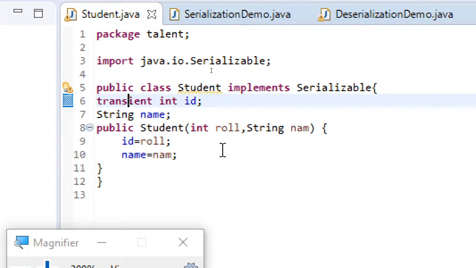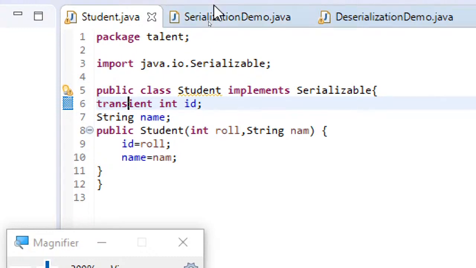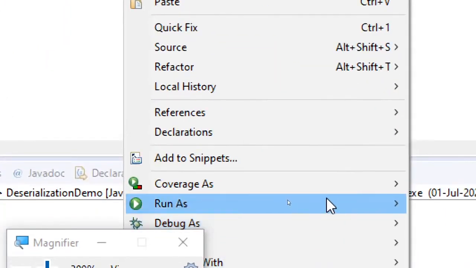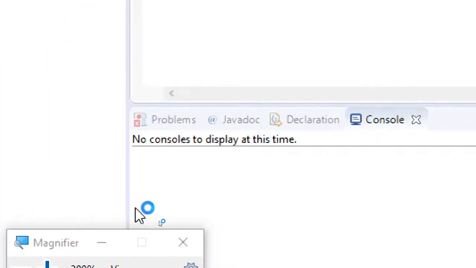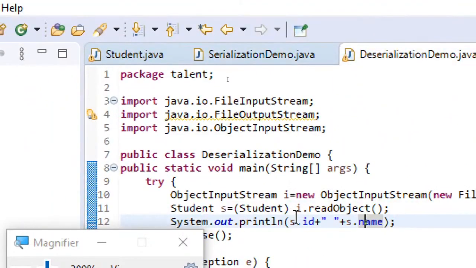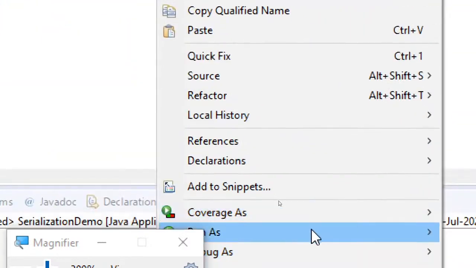The transient keyword is used for the same reason. If you use transient also, those variables cannot be serialized. So it's working, and let's check the deserialization.